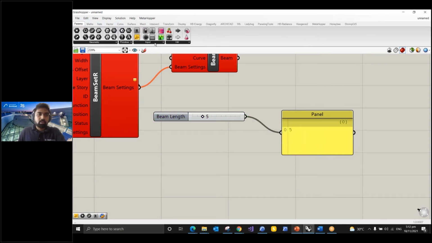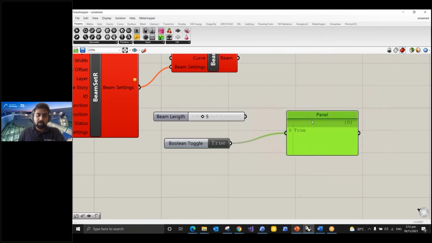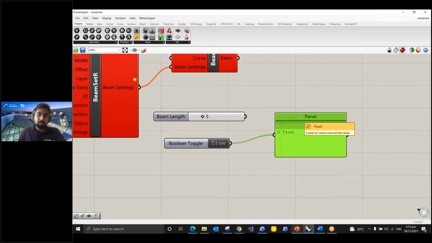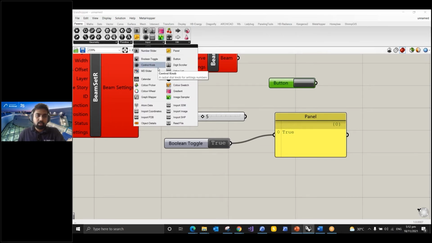All right, so we also have Boolean toggle. Boolean toggle is basically true or false. I can just double click to change to true or false. And even if I connect it to the panel, you'll be able to see the results. Panel is also used to enter some text inputs or to check the outputs of any of the components. Okay. We also have a button. Basically you need to just keep it pressed to activate it, and if you release it, it is deactivated. And then we also have